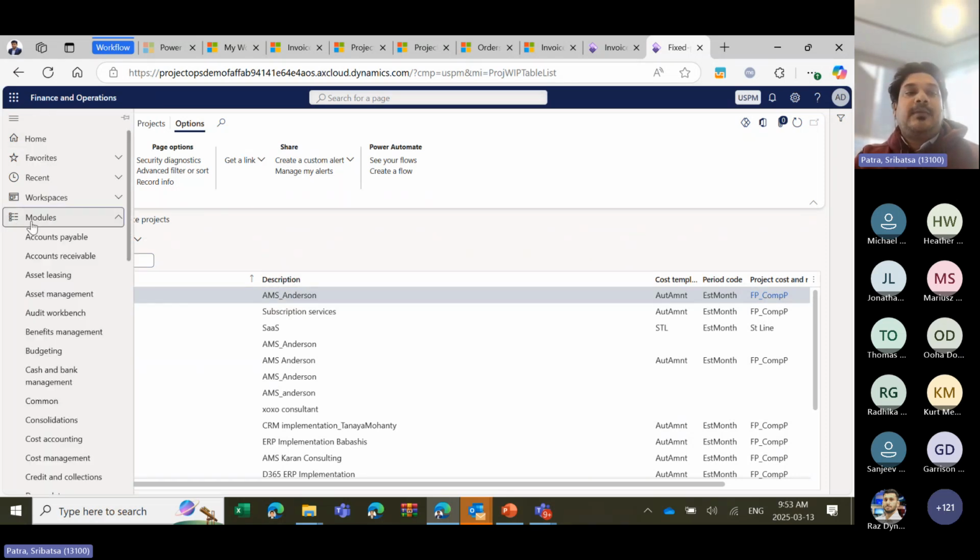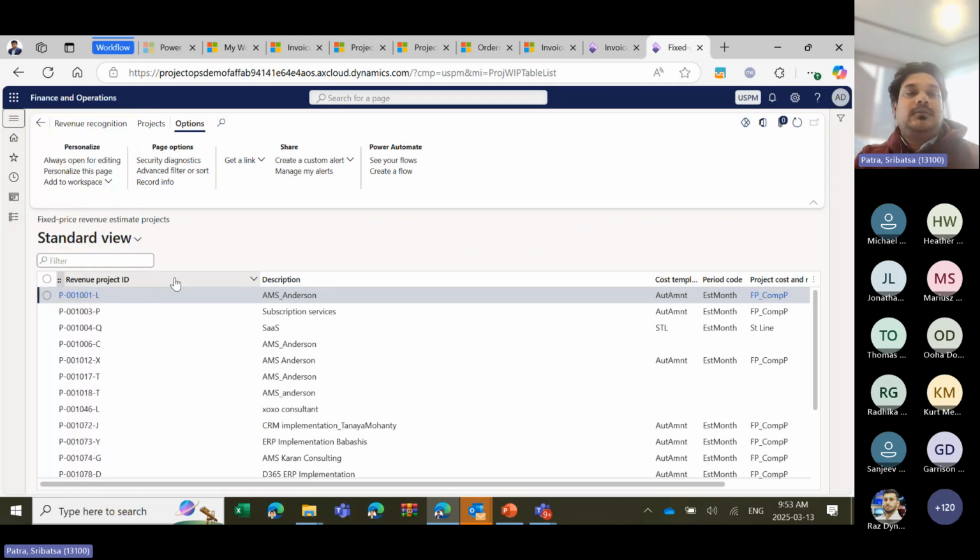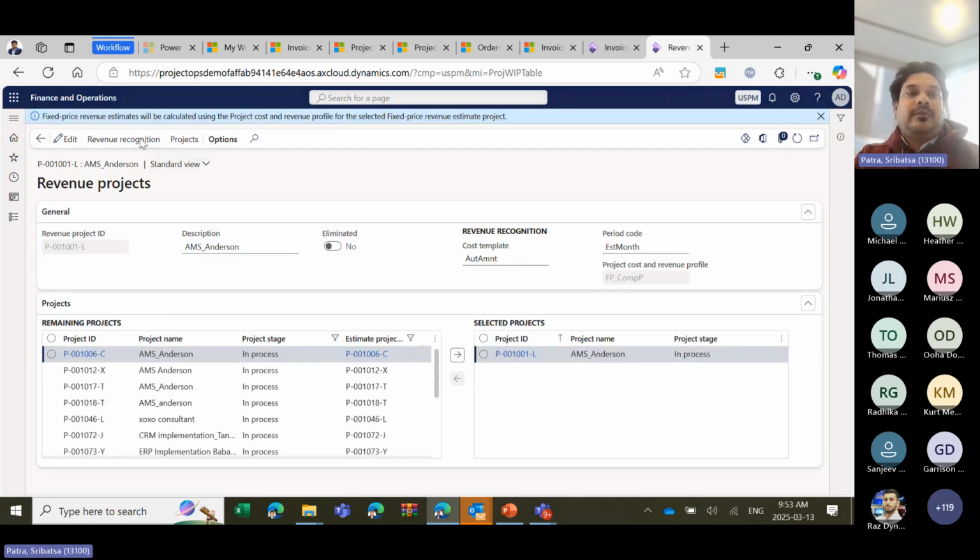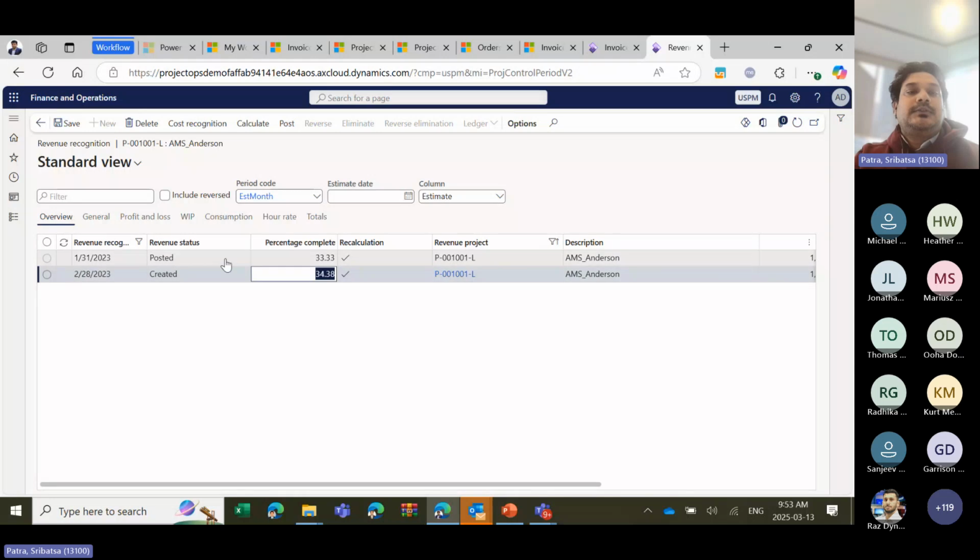If it is a fixed fee type of engagement, then the revenue recognition can happen in multiple ways. It can happen on straight line. It can happen based on percentage completion, right? So we can create multiple templates for revenue recognition. And if I go to revenue recognition, you can see here, based on the percentage completion, that it is 34.38% complete, right? So